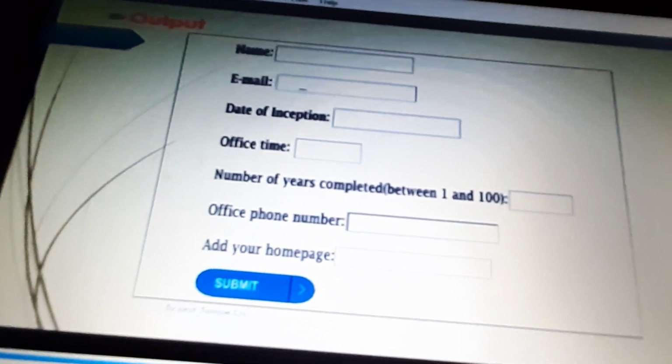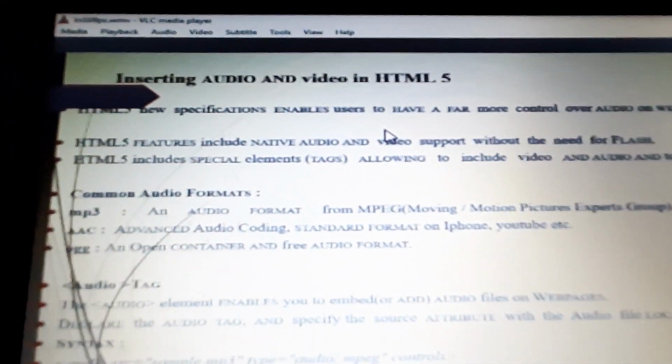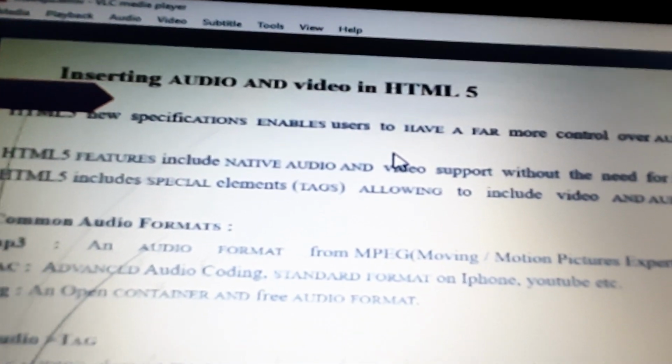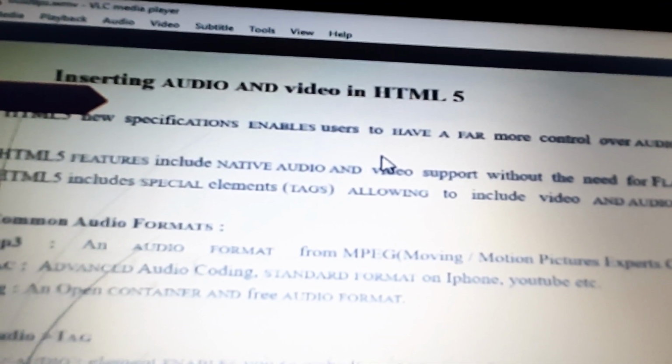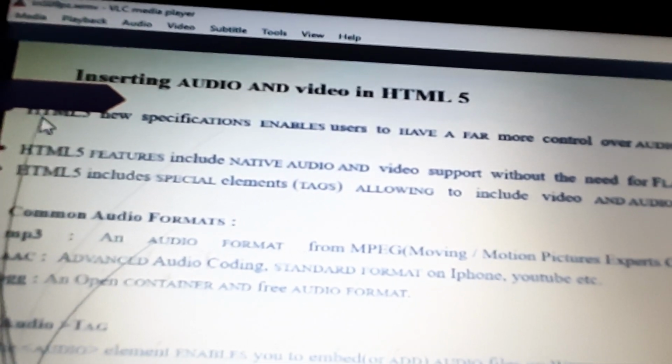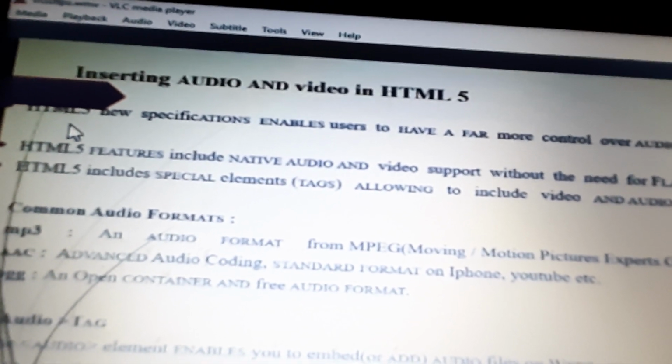Next, we know that when we are inserting audio into regular HTML, for that purpose we have to use different tags. HTML5 gives us some different techniques so that we can easily insert the tag.